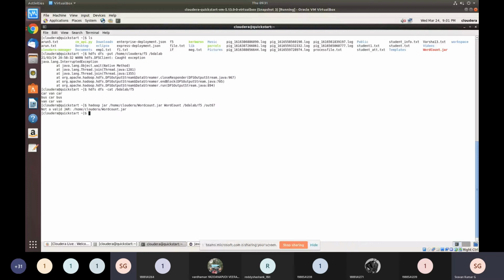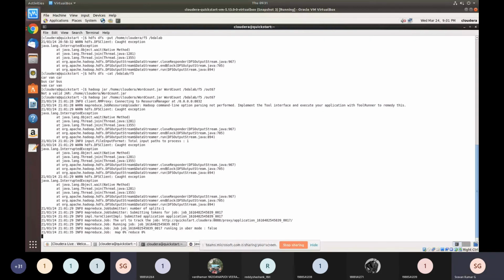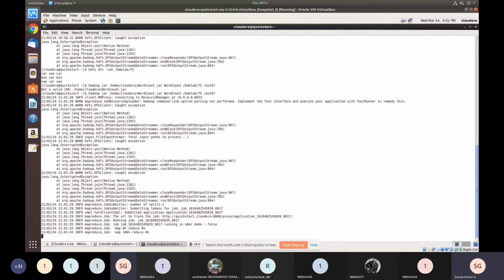Okay, now it's asking about the wordcount.jar file. I have entered it in small letters here. Yes, now I click enter. Now processing is going on. Let's wait for a while. You have to wait 5 to 6 seconds or hardly 10 seconds. Okay, map reduce has been done successfully for 100%. Map is done and reducing is going to happen now. Okay, all right, everything is done.